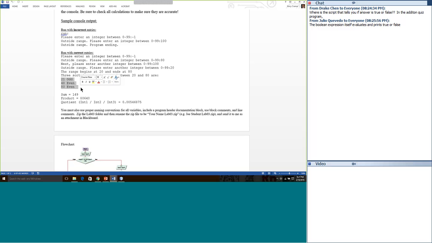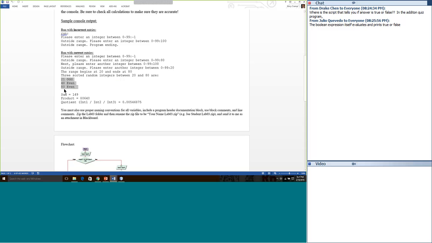And now they're sorted, and I need to go ahead and put next to them whether they're odd or even. And the way you can do that is right after you put out the number, you could go ahead and do the modulus 2 function, equal to 0. And if it's true, it's even. Otherwise, it's odd. So that's a little tip there.